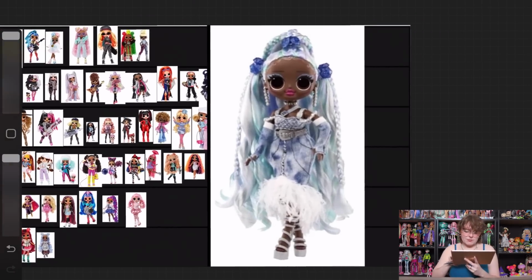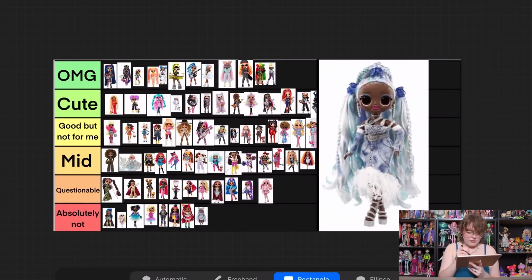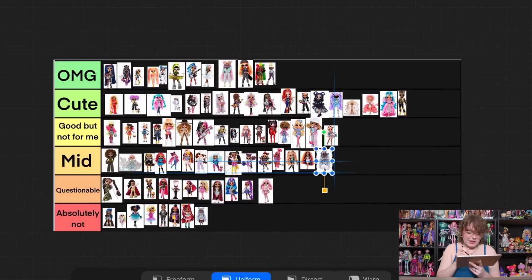Lady Braids. I don't know. I was more excited for her when I saw stock photos than I was when I saw her in person. Once I saw her in person, I was like, this is kind of a lot happening. Her hair is amazing. I love the makeup. I always love the makeup with OMGs. I like a lot of things about the outfit. Frankly, I think it's just that I wish it didn't look like denim. That's my problem. If this were a different material, I think I would be obsessed, but I'm just not here for that material. I think she's going to go ahead and go into mid. Because if I can pretend it's not denim, she would be ranked higher, but...